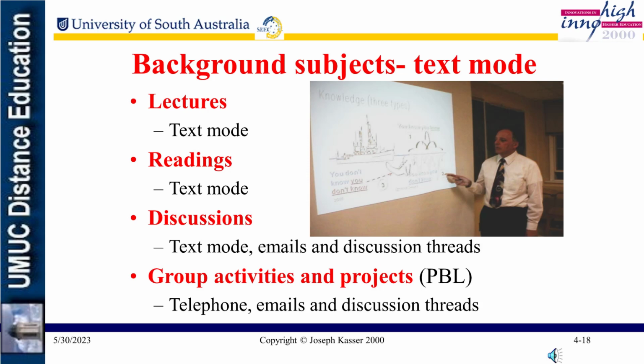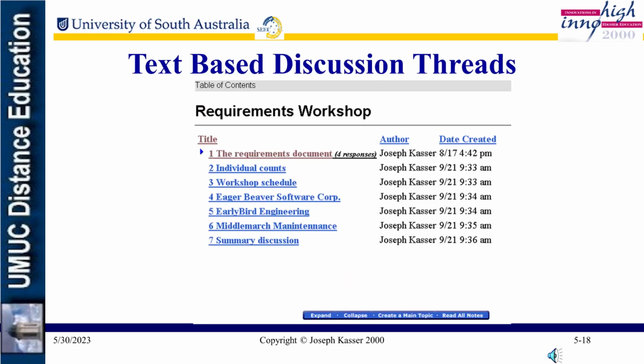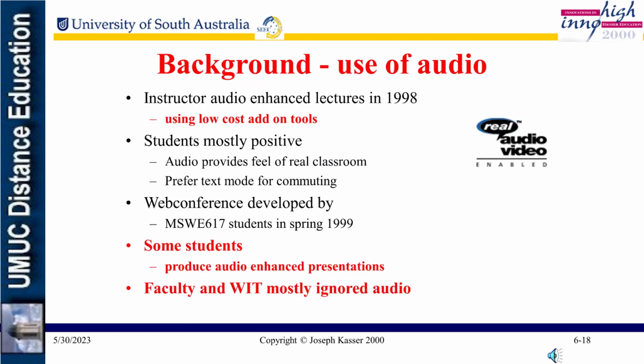So he did a lot of the initial surveying of the tools that were available to find out what could be done. And for those of you who haven't seen an online environment, this is what it looks like. It's text-based. You open up a thread, and this one happens to be Requirements Workshop. Then you click on the topic, and a space opens up for you to read or post messages, and then anybody else can come in and see it. Now, when I added the voice to the class, I also offered the written text, so the students could have it both ways.